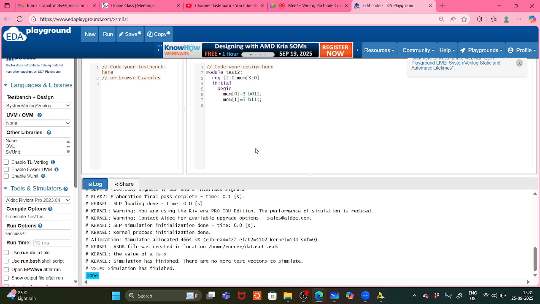And next, mem of 2 equal to 3 tick binary 101. Okay. So if I want to display, just a display,